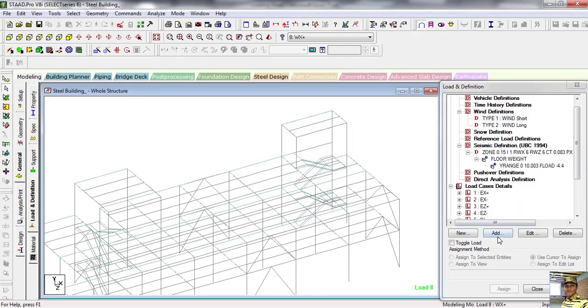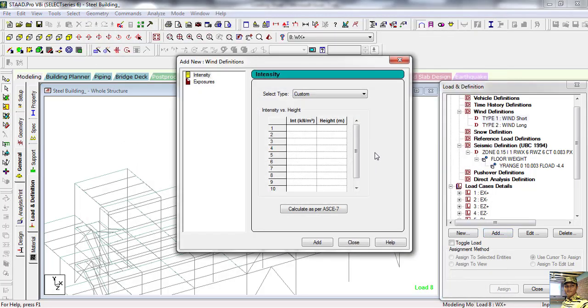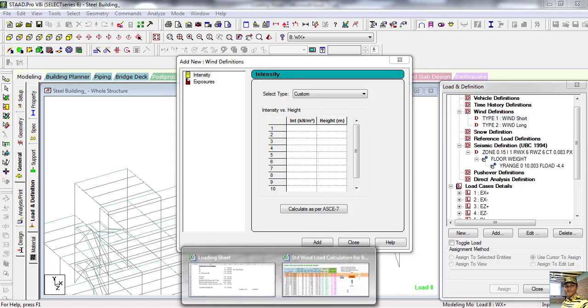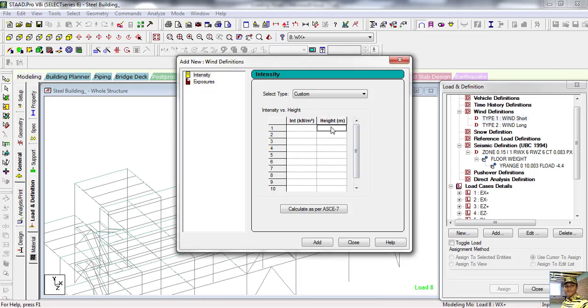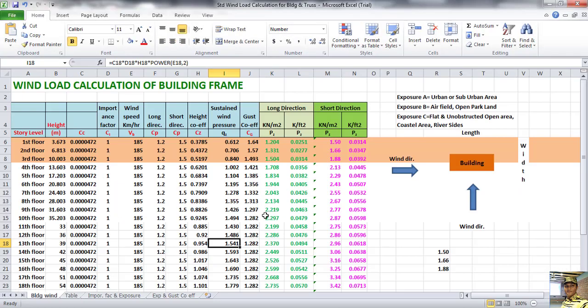So what we'll do, add, and we'll put the intensity at the respective height. So we put our heights here. Our first floor height is 3.673. I have calculated this in the wind load calculation of the building frame.